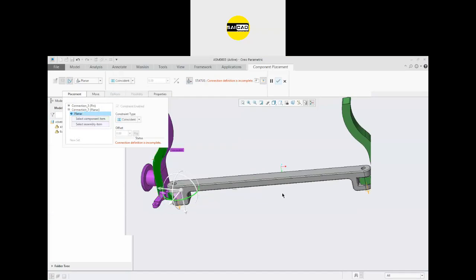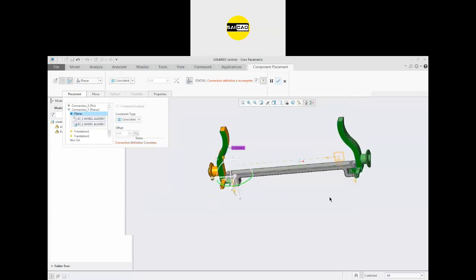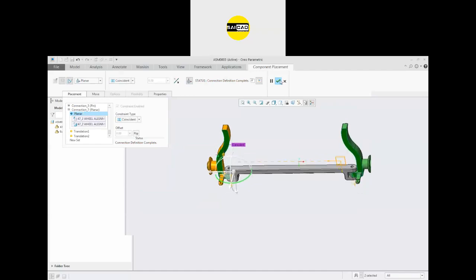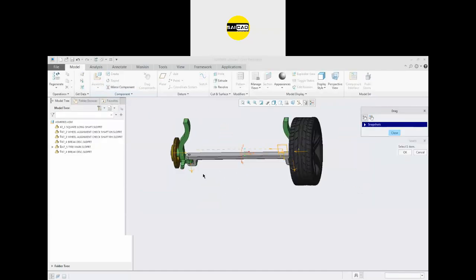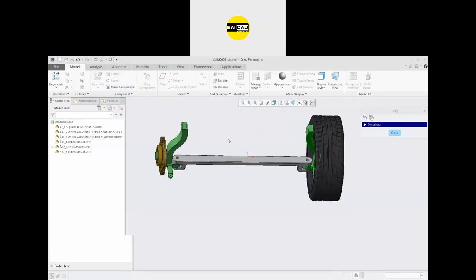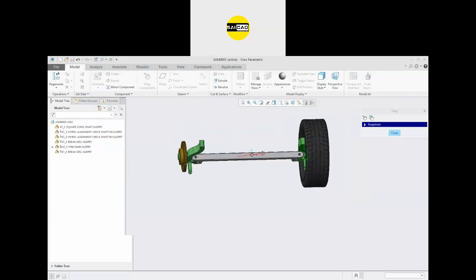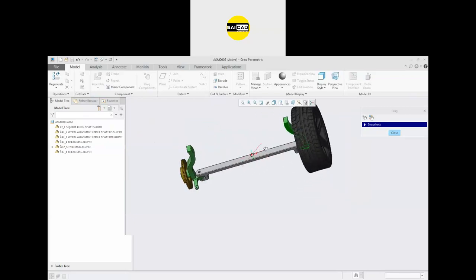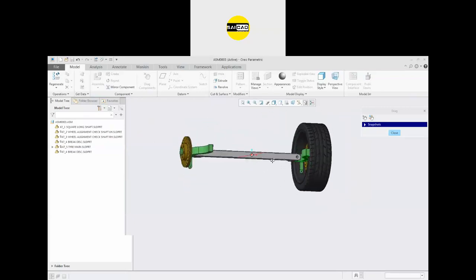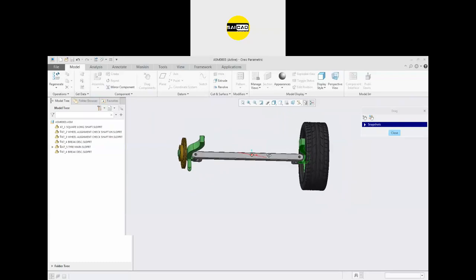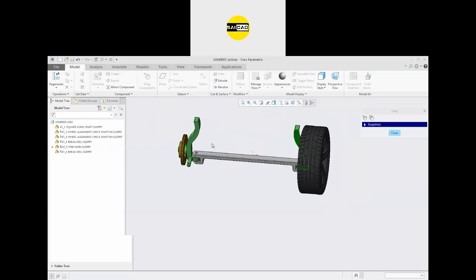In the planar you have to select two faces, like these two I have selected. Now you can see both the planes are coincident. Click OK. If you go to the drag, you can see there is no movement now because I have created both the planes coincident. So we should not apply the plane here because it will remain similar on the plane.